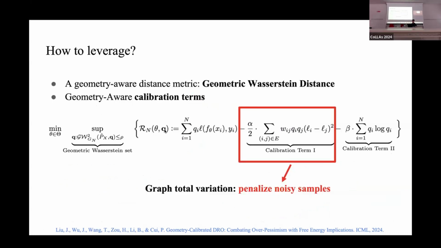And also, we need to add some calibration terms to explicitly avoid noisy samples. Here we add a term, the graph total variation, and this term penalizes noisy samples. And together with these two terms and a new distance metric,